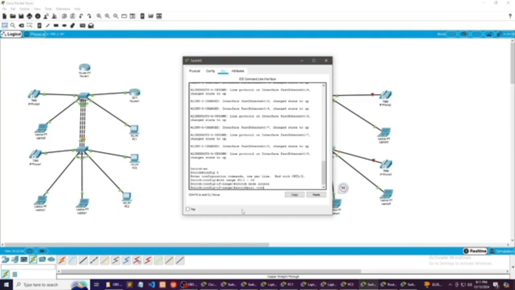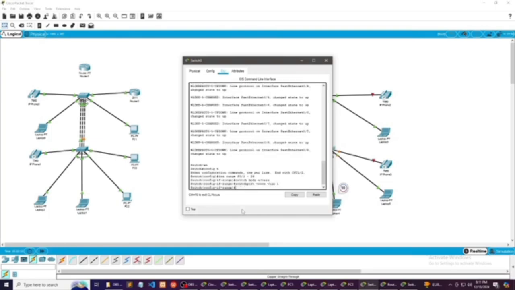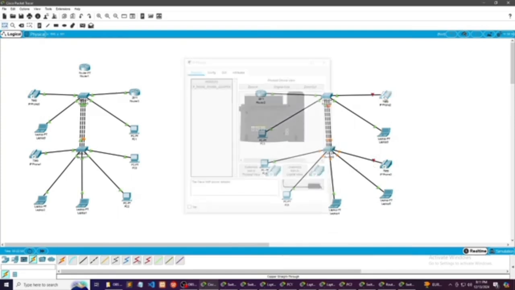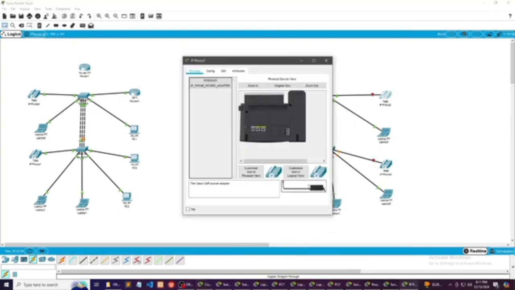Go to the IP phone. Let's do the same thing kanina itong gibuhat. Drag this thing, then put it in a specific area sa IP phone. Same gapon sa ikaduhang IP phone. Connect it. Okay, after connecting, as you can see, the wire turns green. Then go to GUI. Let's do a quick check if the phone is working.